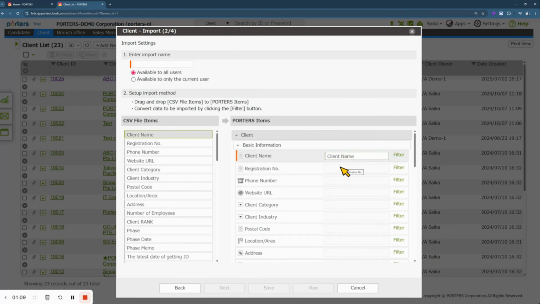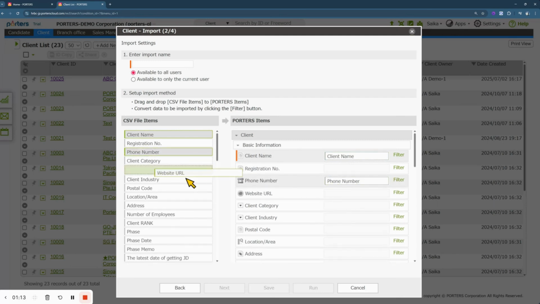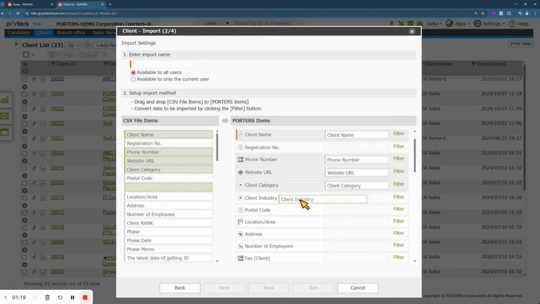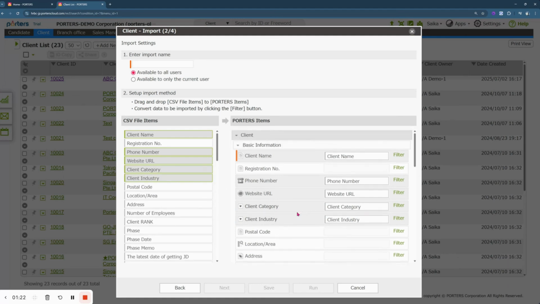You can just drag and drop the columns from left to right where you want to import to, such as phone number, website URL, and client category, client industry, like that. This column mapping is what you need to do on the first step for import. After you did a column mapping, you need to do one more thing before you start import, which is option